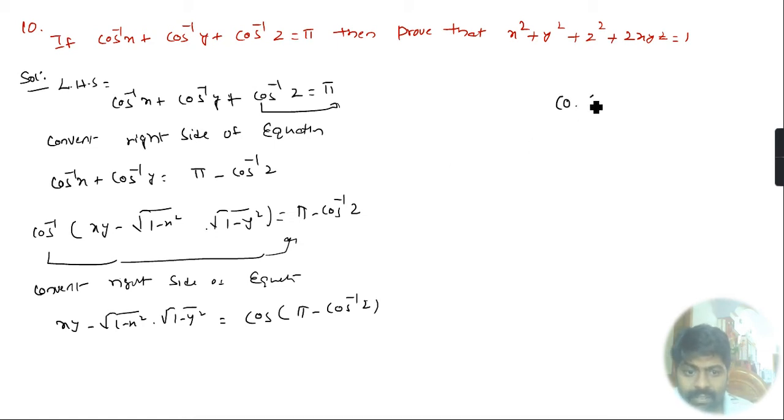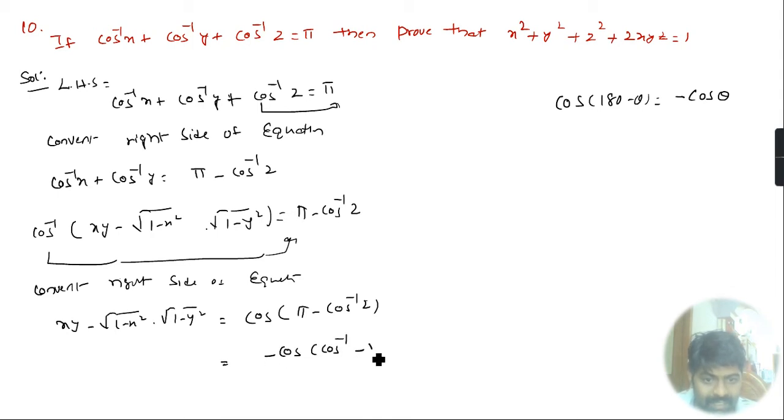That is the cos of 180 minus theta. In 180 the function is the same, that is cos theta, and 180 minus theta is in the second quadrant. In the second quadrant, sine and cosecant are only positive. So we have cos, we put a minus. Therefore it is nothing but minus cos of cos inverse z, and cos of cos inverse of x is nothing but x. So these are the basic formulas. So we get minus z.